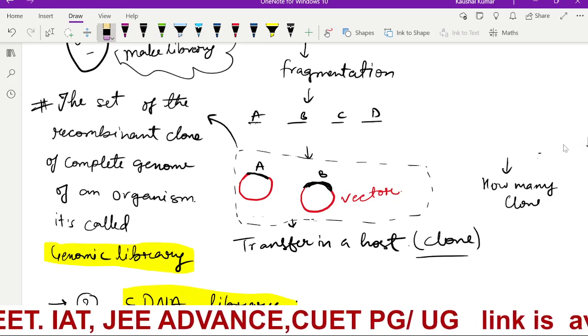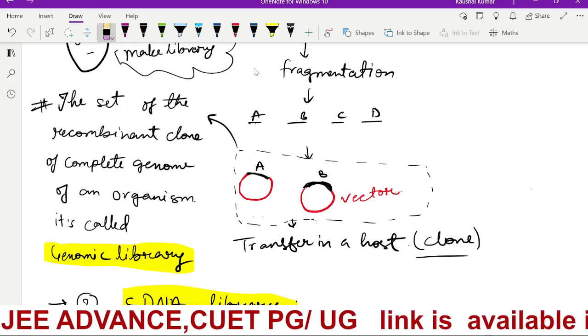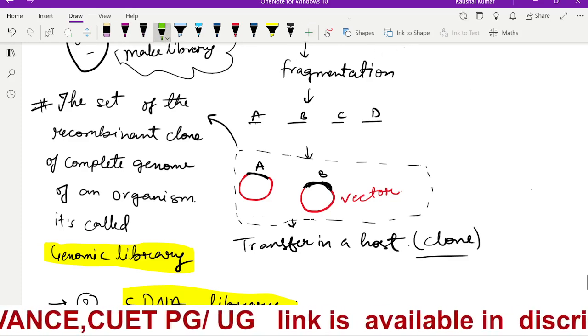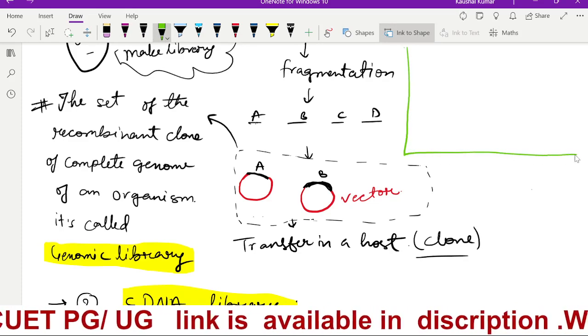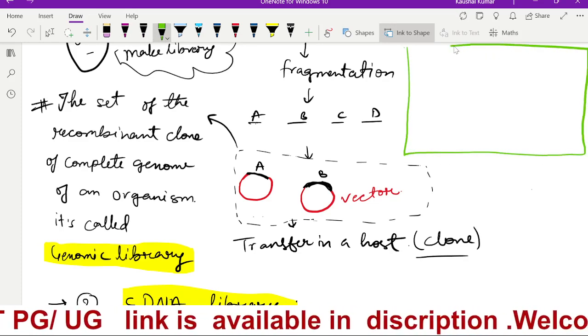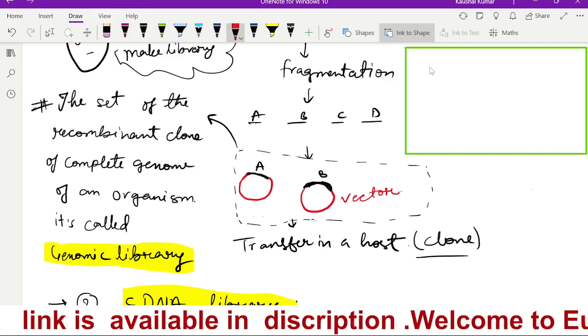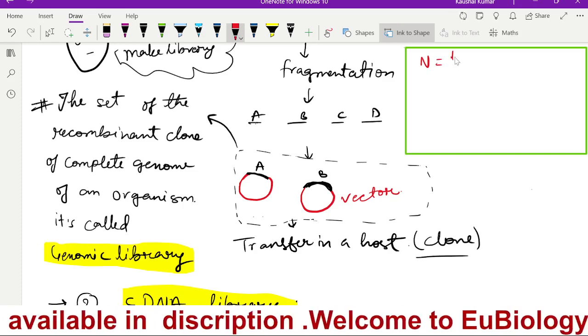But you have 4.6 billion nitrogenous bases. For that we cannot do simple mathematics. For that there is one formula that I would like to tell you. The formula is N is equal to ln